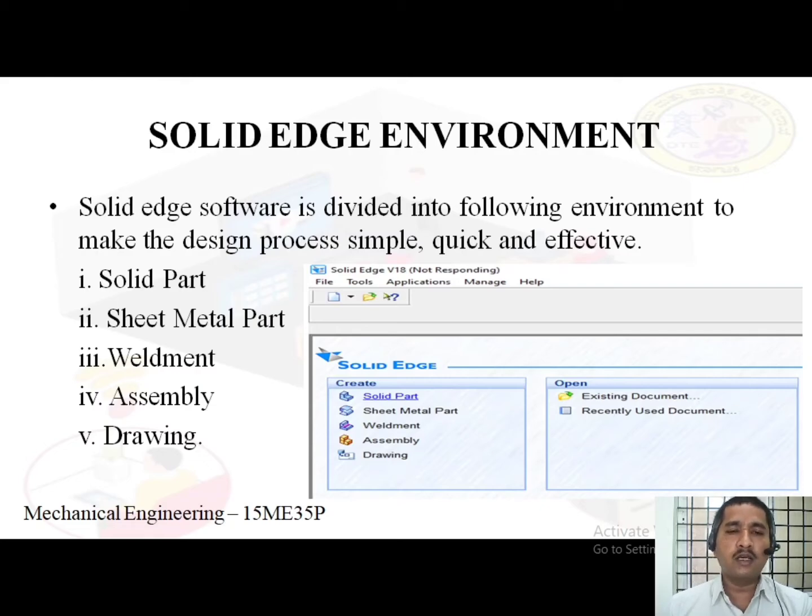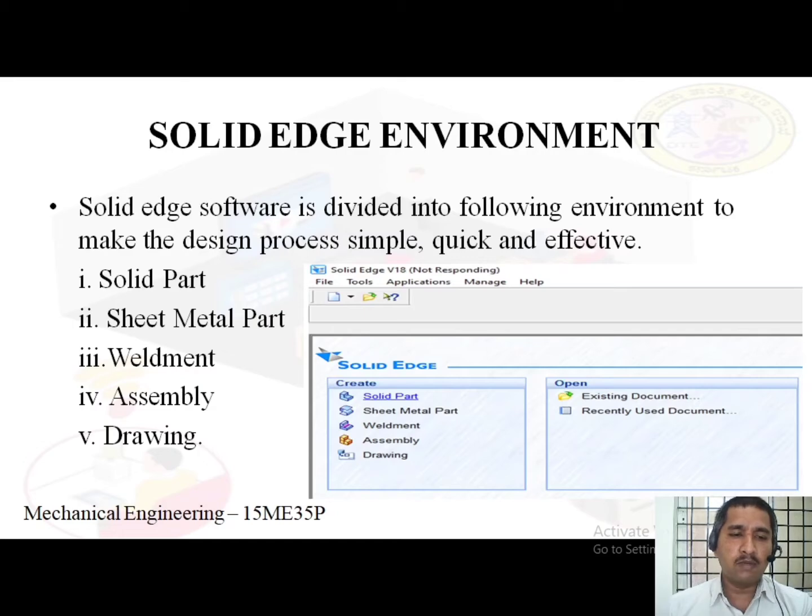Generally, sheet metal parts are used in the aerospace industry and automobile sectors. Next, the third one is the weldment environment. Solid Edge weldment greatly simplifies the creation of welded assemblies.